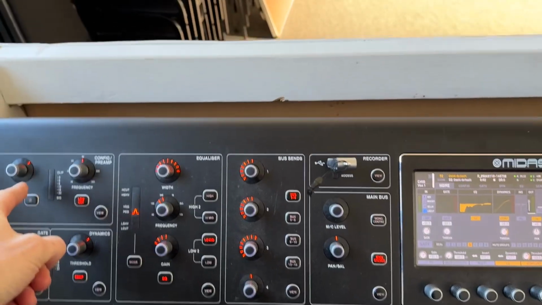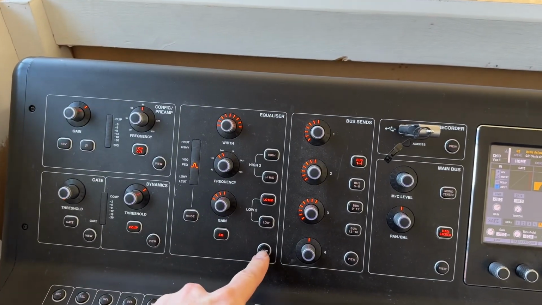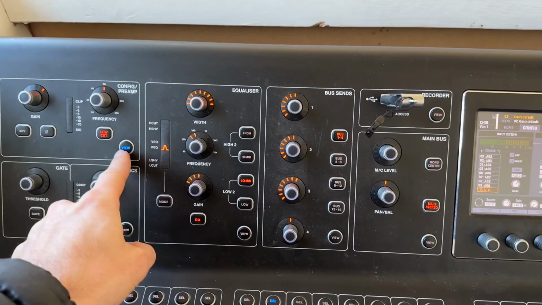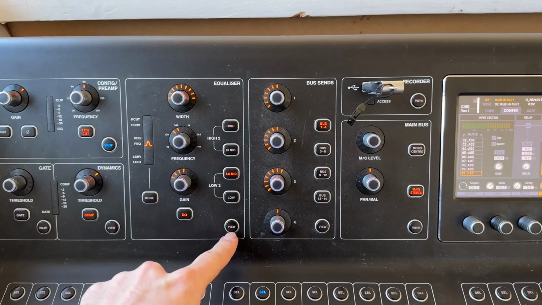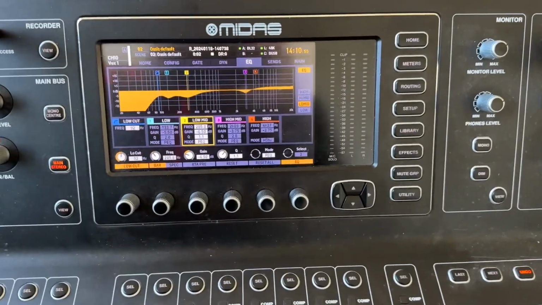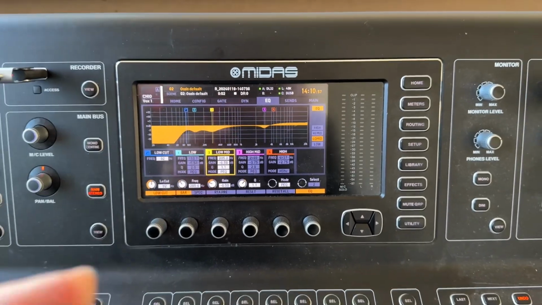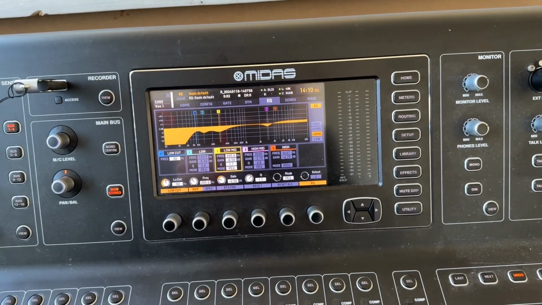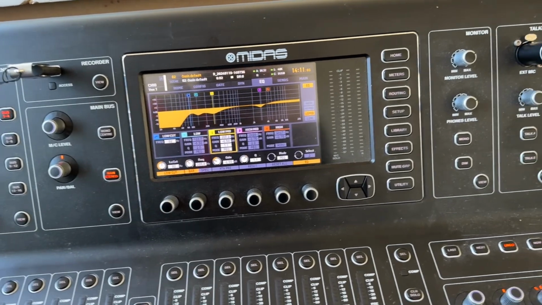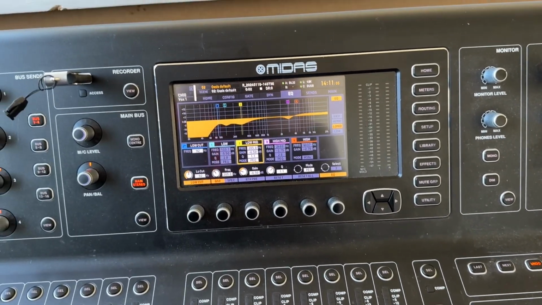So we work around in a horseshoe. If you hit this view button here, this view button I'll come back to. This view button we want to push first. So this now shows us our EQ. The EQ is frequencies that we are taking out of that particular thing, whether that's a microphone, an instrument,